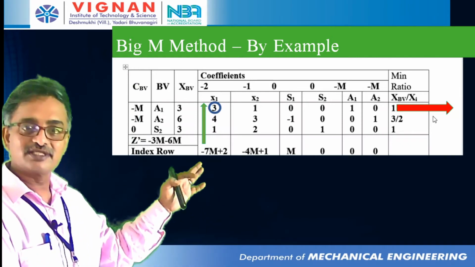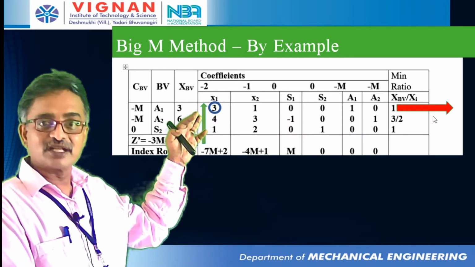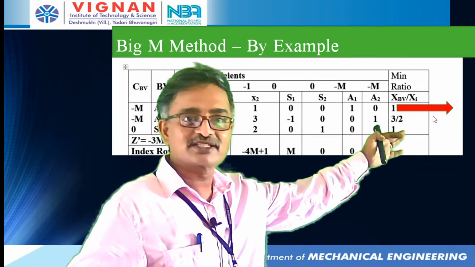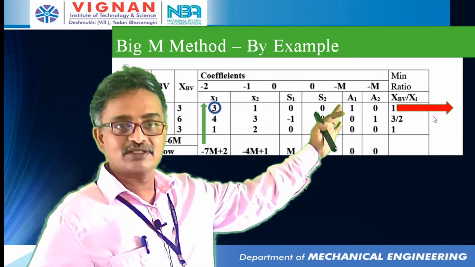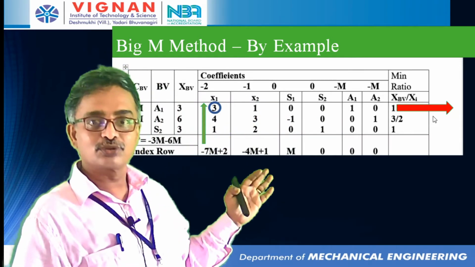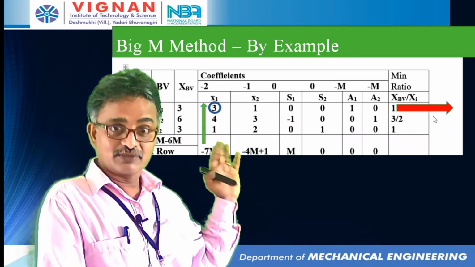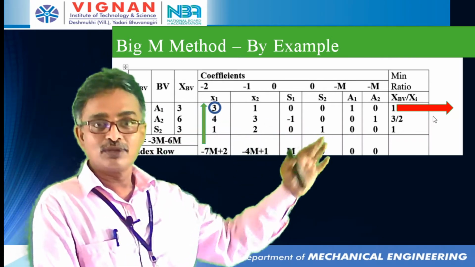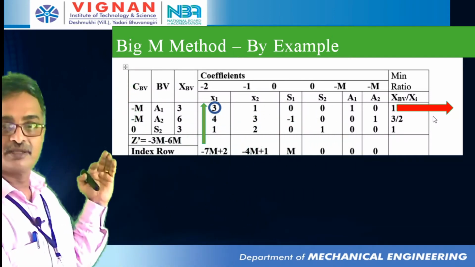Now with this, the largest negative value identifies x1 at this stage as the key column, that is xi. Now find the minimum ratio xb by xi so that you can identify the variable which can be replaced. Here there is a tie, 1 and 1. a1 and a2 are both equally feasible candidates to leave the solution, but if an artificial variable exists, give priority to it to leave the solution. So a1 is identified as the variable which will be leaving, and x1 will be placed in place of a1.